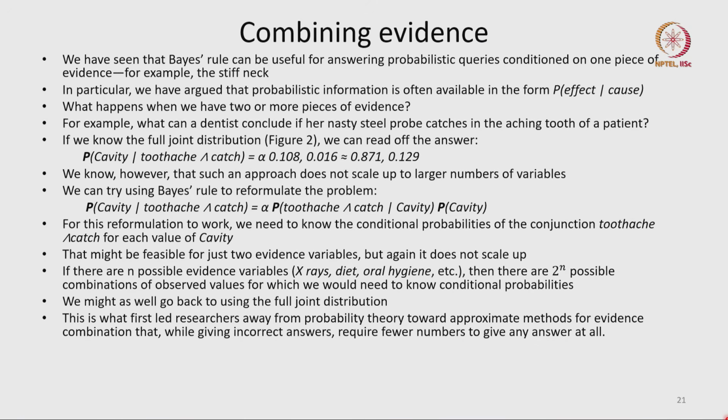Okay, so in this next session, we'll continue with the Bayes rule. We had seen how the Bayes rule is useful, and we'll now see how you combine evidences. So suppose we have two or more pieces of evidence, for example,